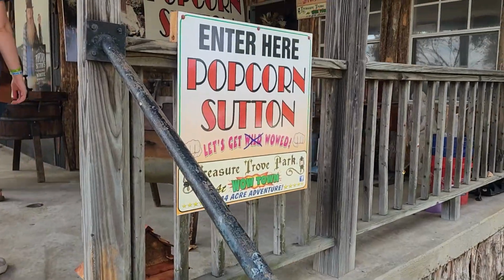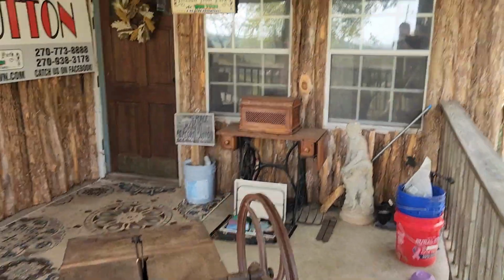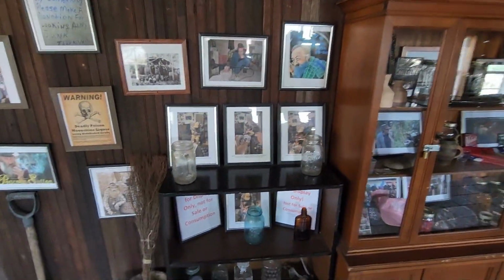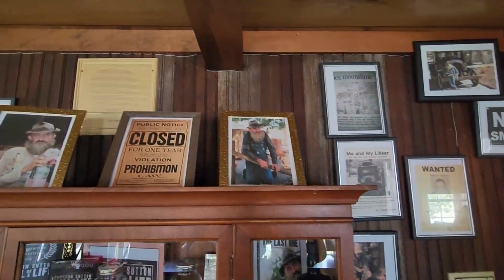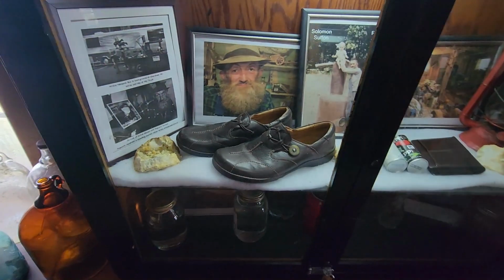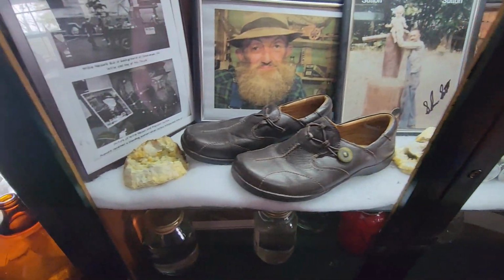We're gonna go up here and check out the Popcorn Sutton. You can see here the moonshine exhibit. All kinds of different photos, things like that. There he is. Here is some of the things that he actually owned, I believe. Shoes, wallet,